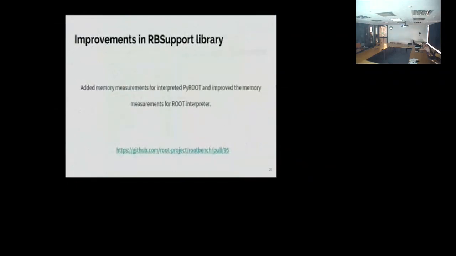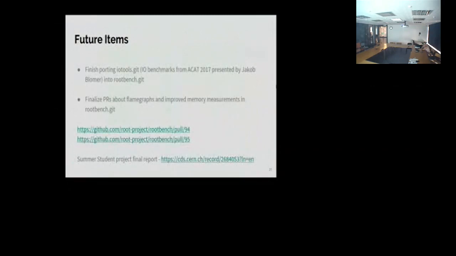I have also done some improvements in the RB support library. I added memory measurements for interpreted pyroot and improved the memory measurements for the root interpreter. And in the future items,